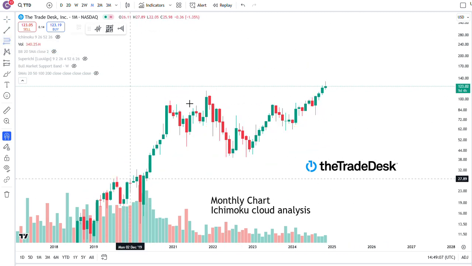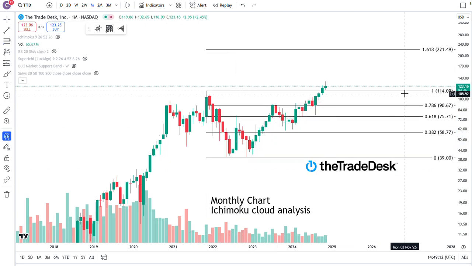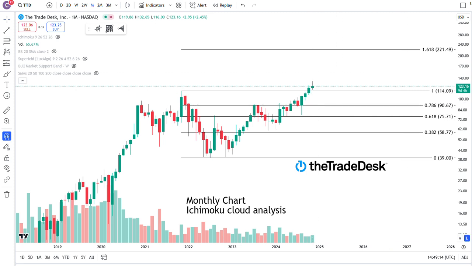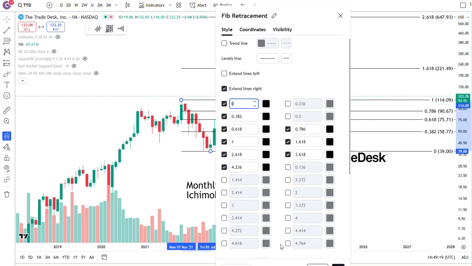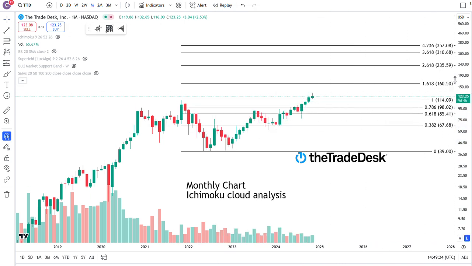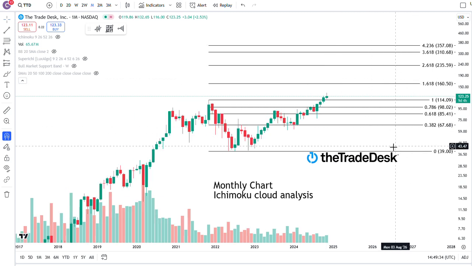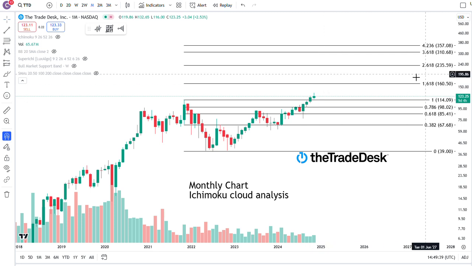So if we're going to try to find a resistance zone here during price exploration, you look at the fib level and you can see that it broke above its previous all-time high. It's probably still got a ways to go to the log 1.618, which is $221. If log is too bullish for you, you can look at the linear, which is going to be $160.50. That's going to be the next level for it to hit. You're probably going to see some resistance here around 160.5, and we'll see how it reacts from there moving forward, right? But once things break above the 0.786, generally it gravitates to the 1.618. That's exactly what The Trade Desk is doing.